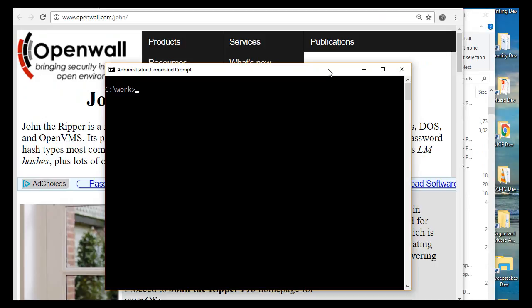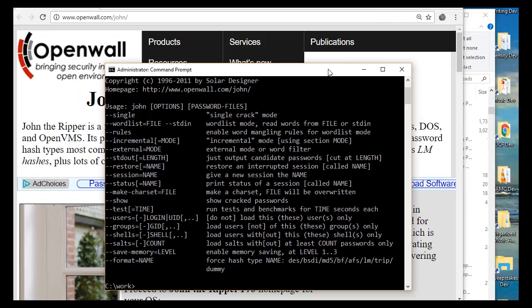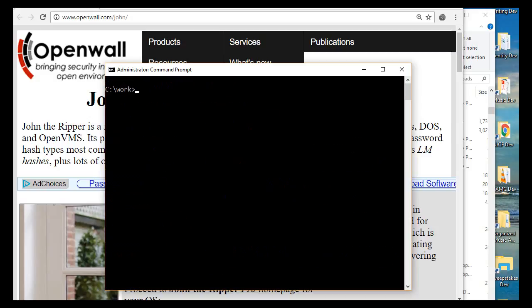Okay, so I have John the Ripper here. You just run John, and it'll show you all the command line parameters. This program really has quite a few options. I'm only going to show you a pretty high-level view of it, but you can do quite a bit. So I say John show